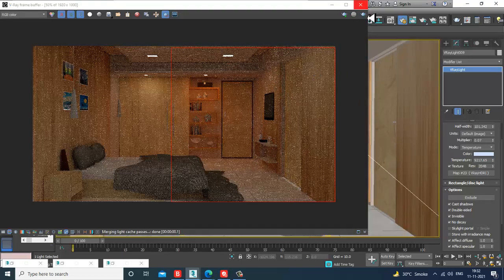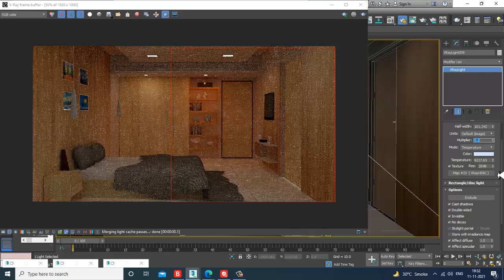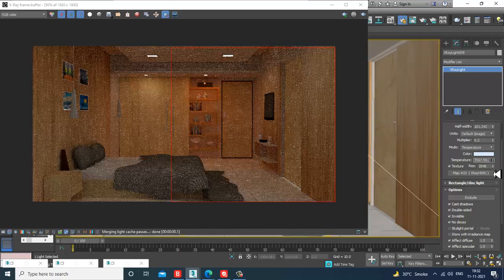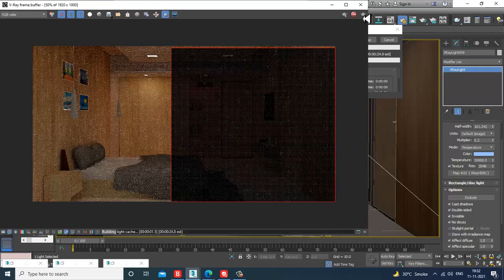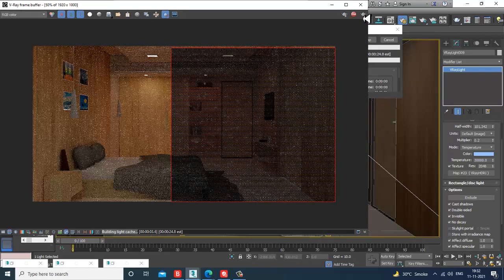So let's just make it 0.2, which was before. And if you want, I can make it darker. Let's see. Okay, it gives you a bluish tint over here.